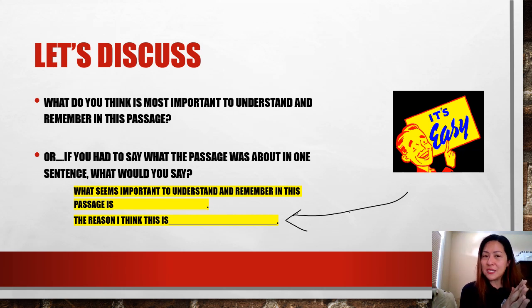You might have other reasons to support that, and that's perfectly fine. If I were to say, "Hey, I think what's important to understand is that army ants can kill a cow and eat it," that wouldn't be what's important to understand. That would be maybe a detail that supports something larger. Because if I really think about what's important about this army ant, it's not that it can eat large animals, but that when they work together, they can get large things done, more than their tiny, tiny little bodies.